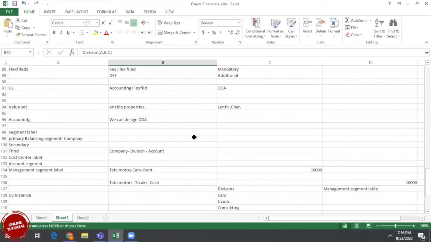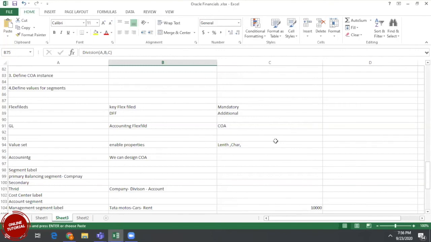So I can overwrite, you mean. At our chart of accounts level, we have division with ABC. For US, ABC is coming by default, but for US I don't want that. I want some other values. If you want to go with other values, you need to define another value set. You can override that value set, so automatically you will get the other values.